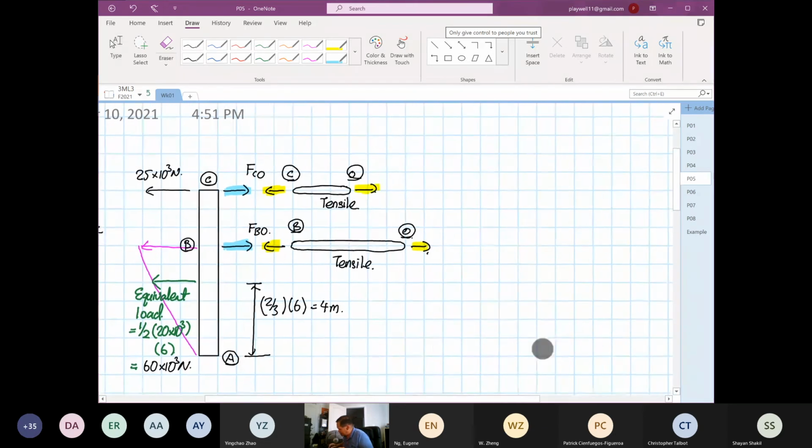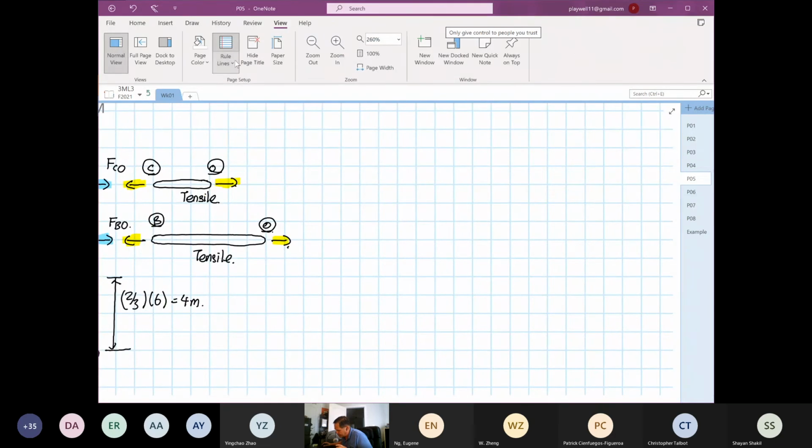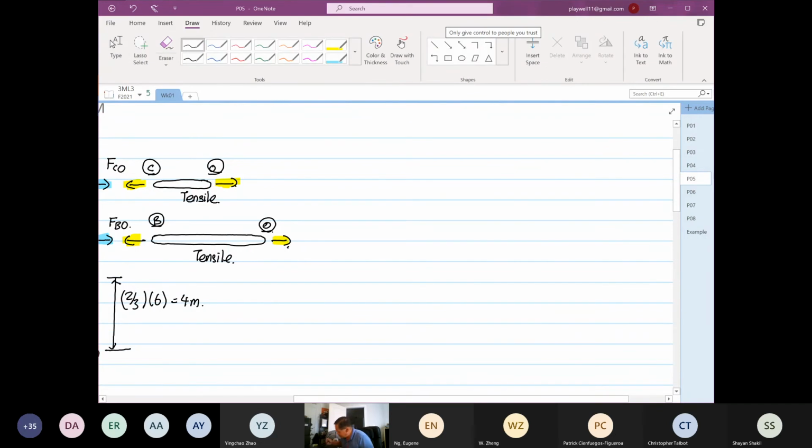Okay, I'm going to do a side lecture over here. Okay, I think you guys have seen this, but I want you to recap. Okay, what do I mean by that? Okay, so there are two types of distributed load. So one is uniformly